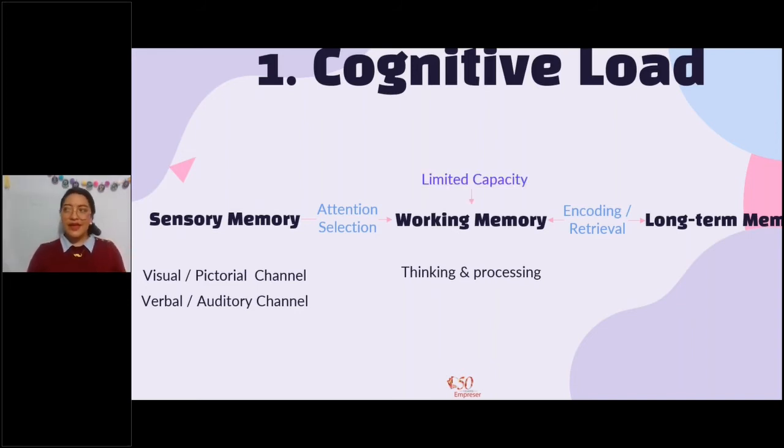But the working memory, as many of you might know, has a limited capacity. It's not so powerful, but the long-term memory is somehow unlimited. We have more space over there, and there is more chance to recall it and to store it so we can use it later.